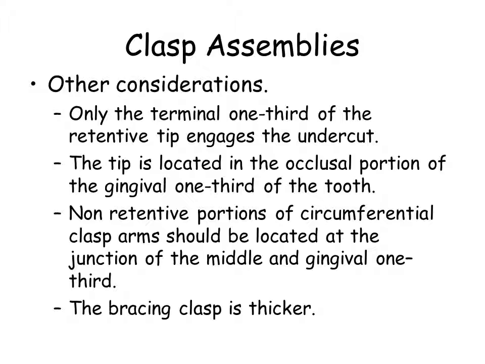Other considerations. Only the terminal one-third of the retentive tip engages the undercut. The tip is located in the occlusal portion of the gingival one-third of the tooth. Non-retentive portions of circumferential clasp arms should be located at the junction of the middle and gingival one-third. The bracing clasp is thicker,